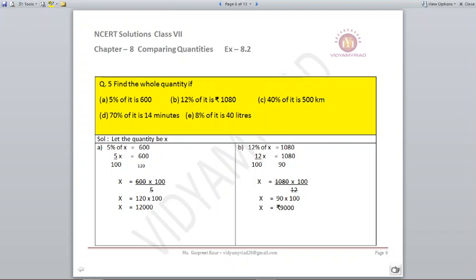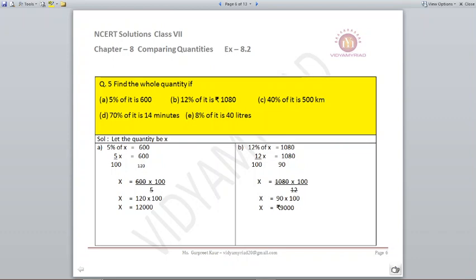So whatever percentage is given, we will multiply that with x. So your 'it' is x. So 5% of it is 600. That means 600 is your answer. When you find the 5% of that x, your answer comes to 600. So that is the format. So it will become 5% of x is equal to 600, which means 5 upon 100 x is equal to 600. Solve it.